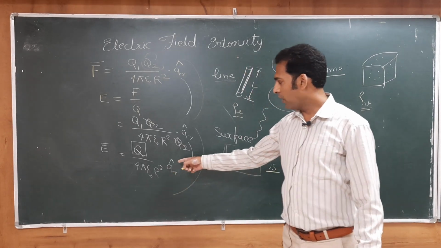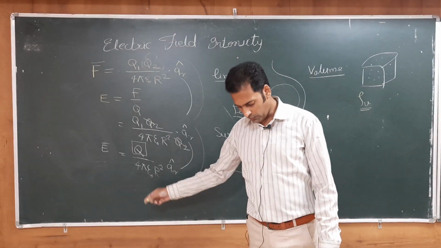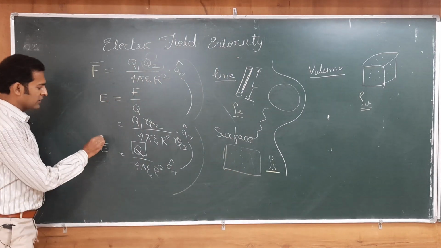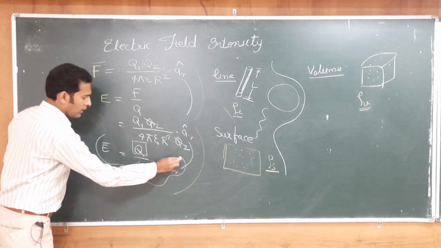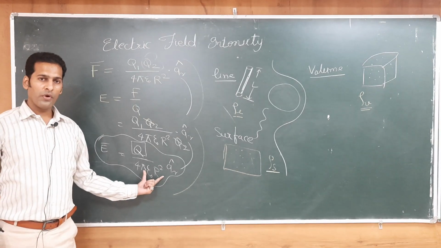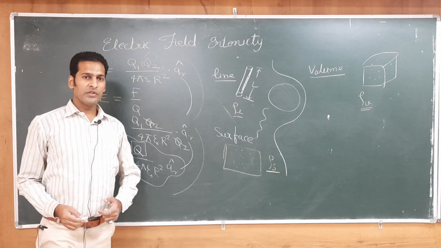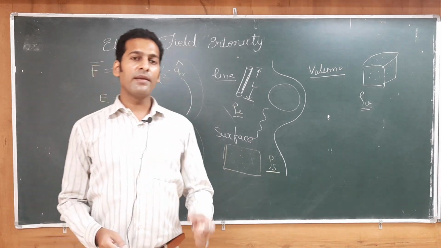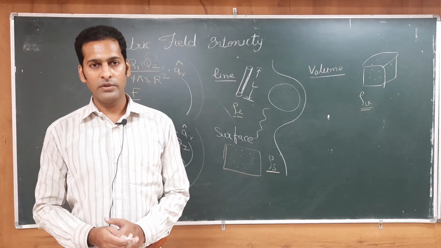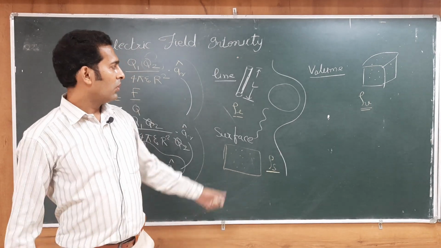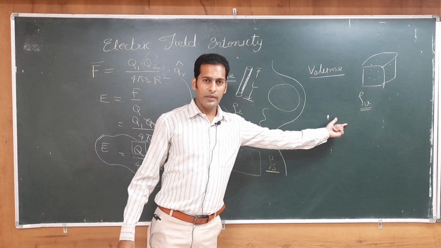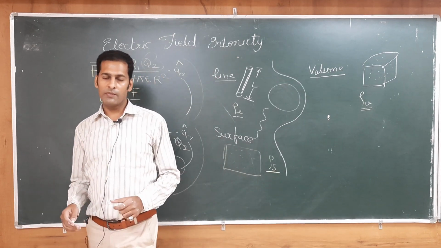And for a point charge we have already defined it. We have one formula which is already available for a point charge. So, this one is the electric field intensity due to a single point charge. In examinations, we get questions to derive electric field intensity due to a particular type of charge distribution. So, we know we have three kinds of charge distribution possibilities according to the shapes we can make.